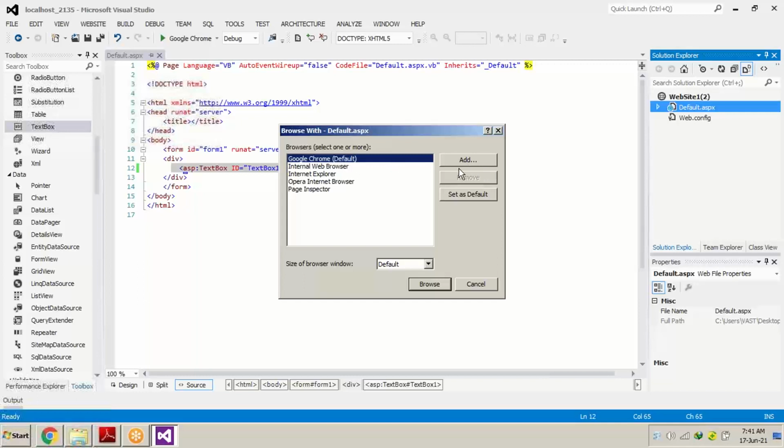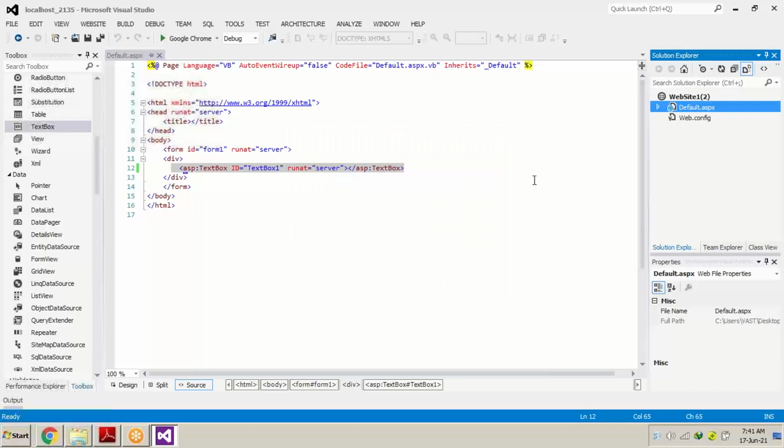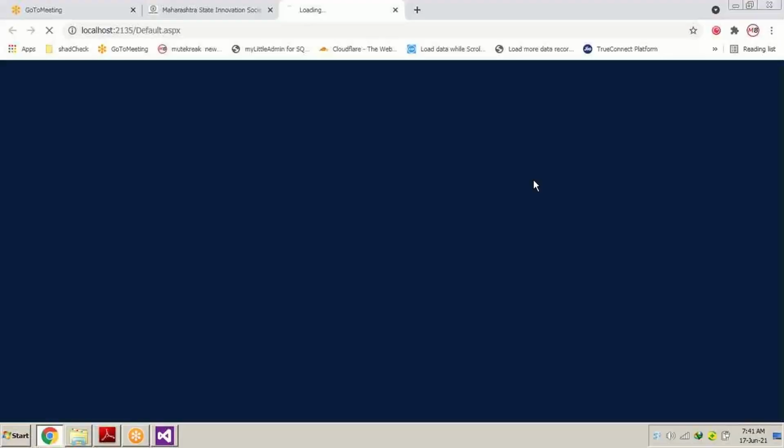By default Google Chrome is selected, and I will select Browse. The page which we have designed will open in a different tab. Okay, so this page is getting opened.